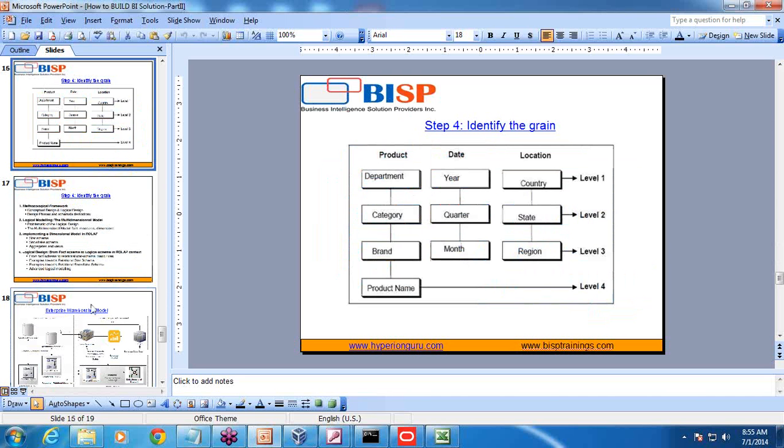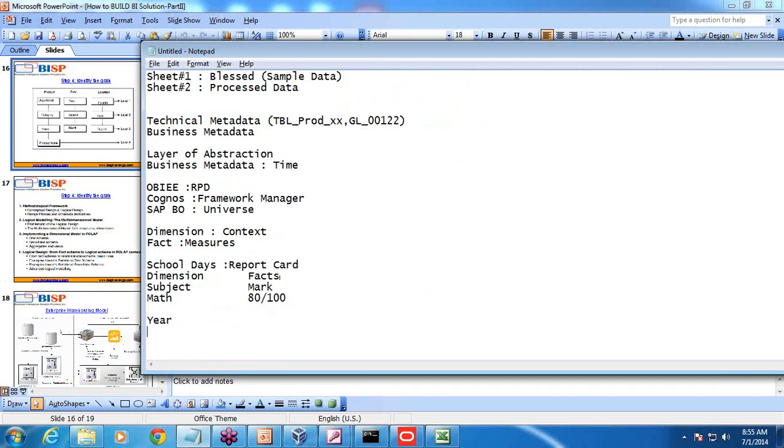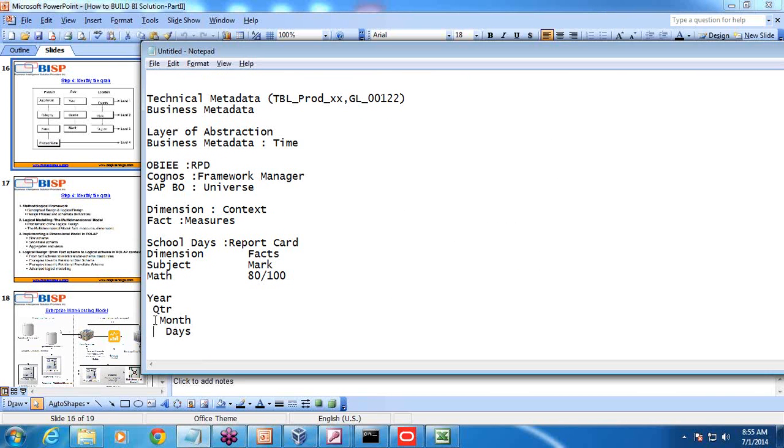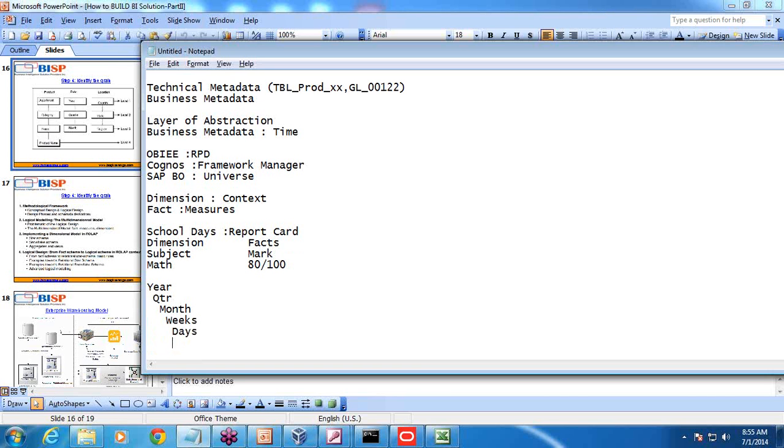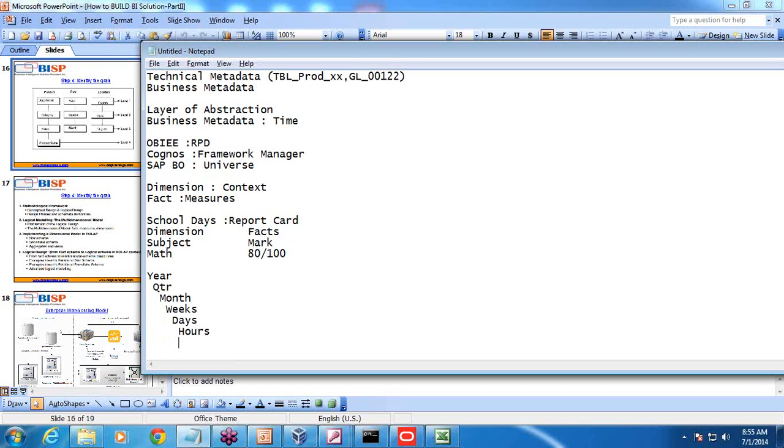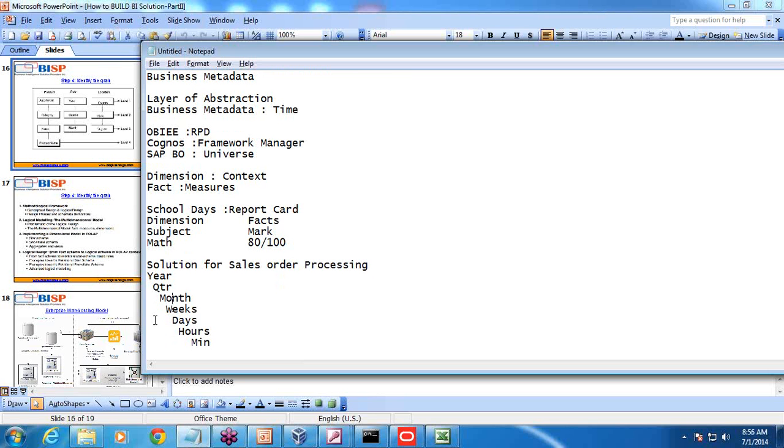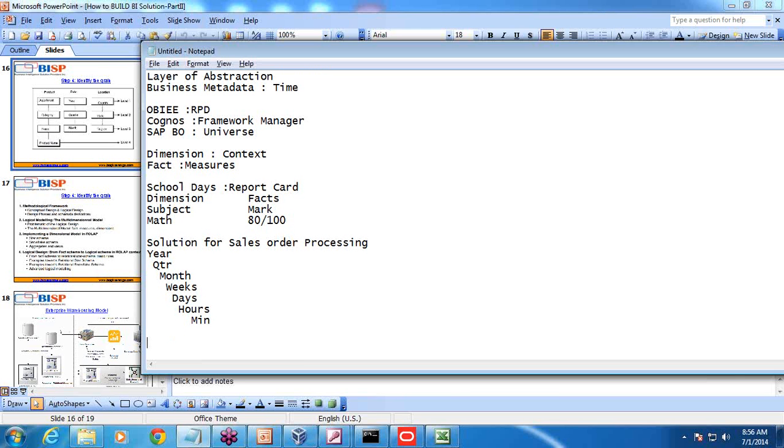Another important decision you take after identifying dimension and fact is granularity, the grain. What level of detail does your business want? For a transaction system, I need year, quarter, month, week, days, and I need every hour's transactions. Maybe I need every minute's transactions. If I'm designing a retail solution, for retail sales or sales order processing, I need to capture my transactions happening at every minute, and accordingly I need to allocate for shipping and other activity. Whereas if I am designing a financial solution,